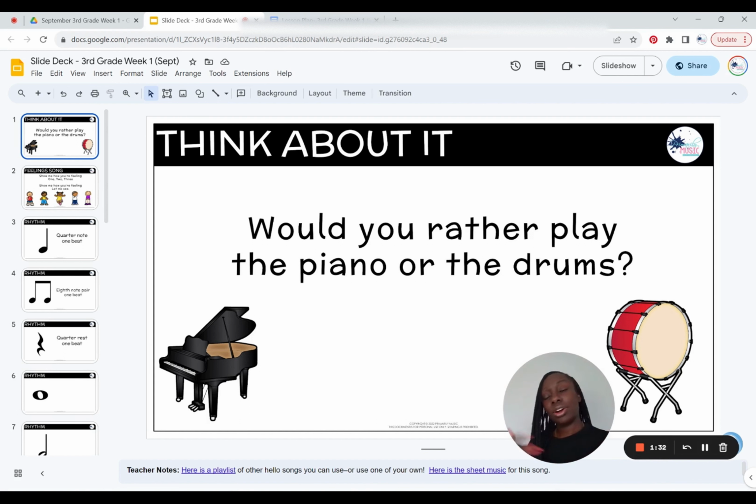You could even have them do this if they would rather play the piano, or do this if they would rather play the drums. That way everybody is participating in the think about it activity, right? And then you could take it a step further, and those students who want to express why they would rather play one instrument or the other, they'll be free to do so.